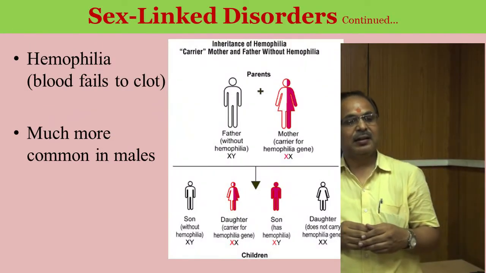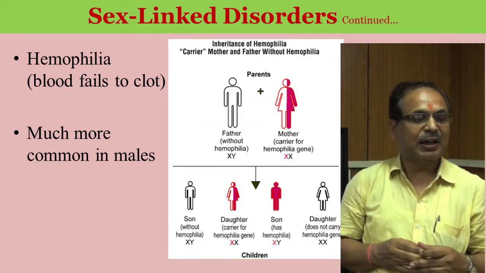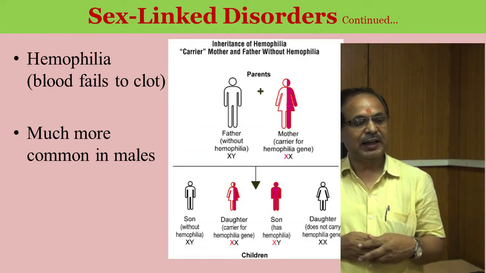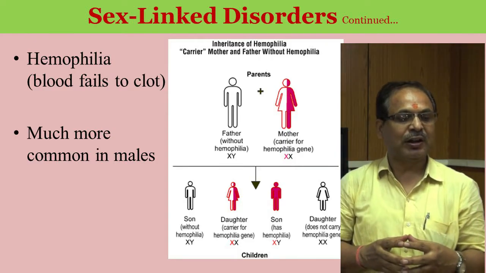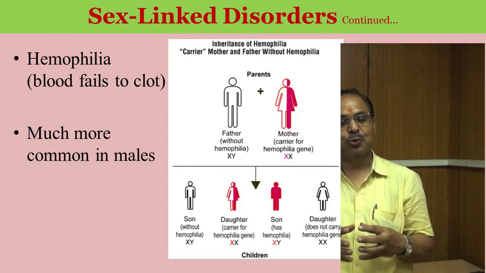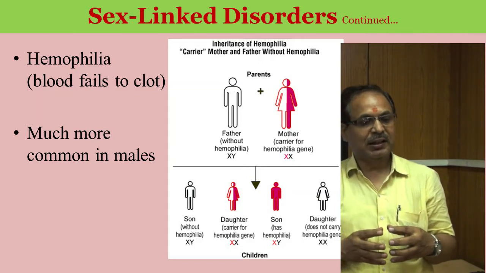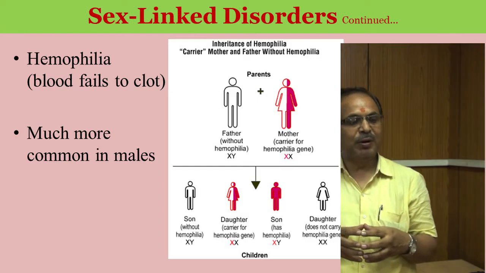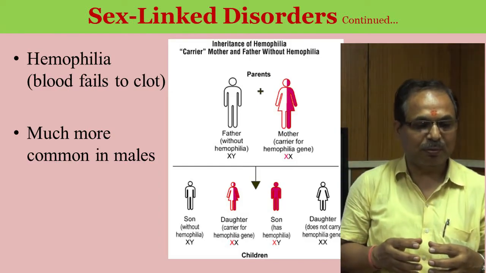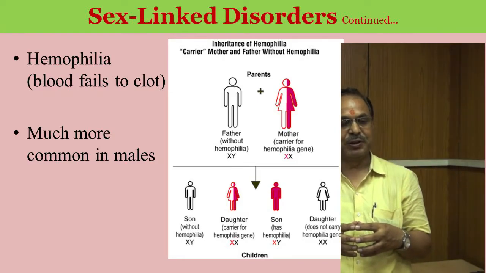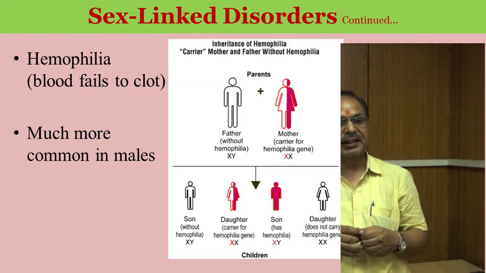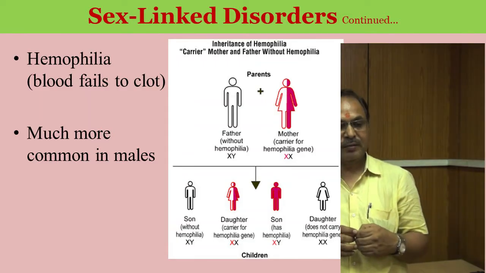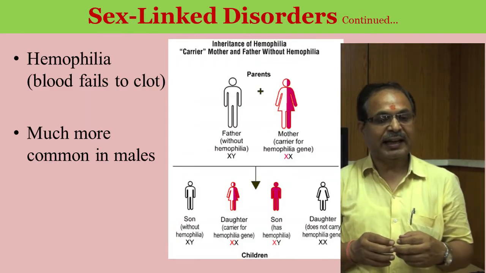The next sex-linked disorder is hemophilia. As I already told, hemophilia is a disorder in which blood fails to clot. It means excessive bleeding takes place, and this is common in male individuals. So we can see here the inheritance of hemophilia, in which the father is crossed with the carrier mother